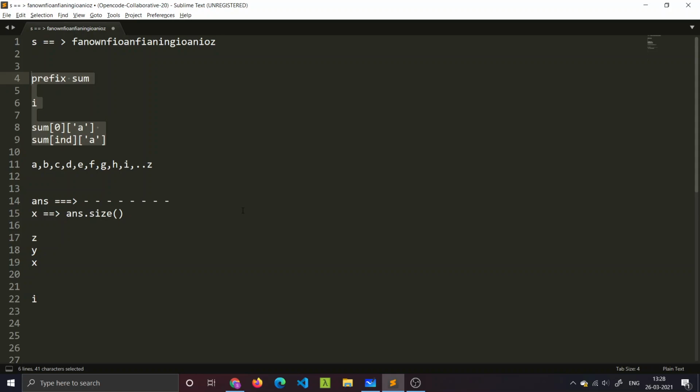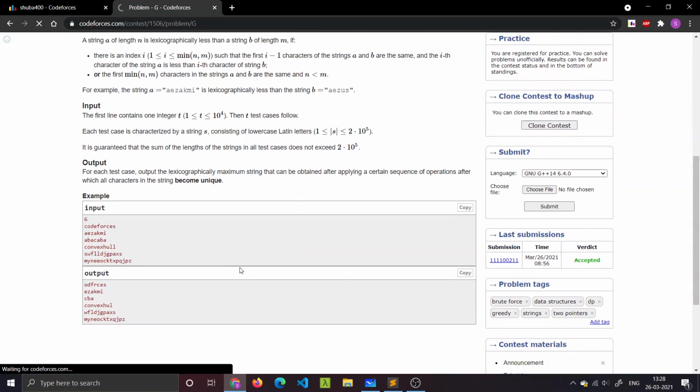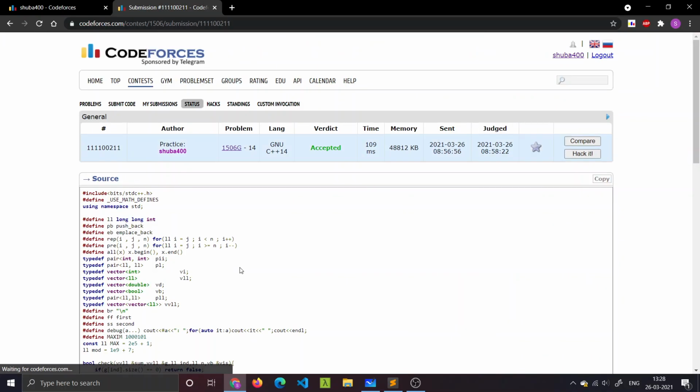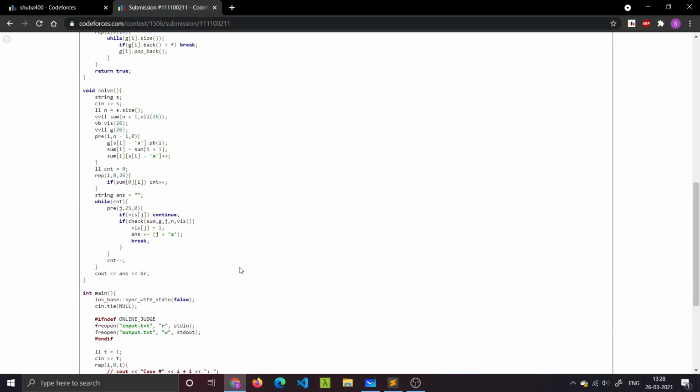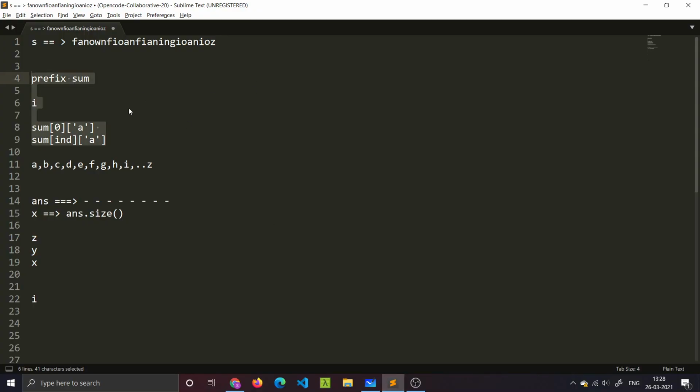Now, if you are interested in the code, I can actually show you the code. I will be putting this code in the description, but I would tell you to implement this code on your own. The reason being the implementation part of this question was fairly good. The thinking part of this question was still fairly easy to understand. Basically, first of all, you have to understand what lexicographically maximum means. Then you have to understand why greedily taking the first index is always helpful. And then you have to make sure how to check whether this segment has all the characters or not.